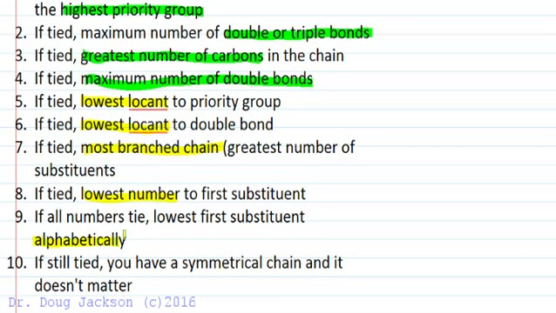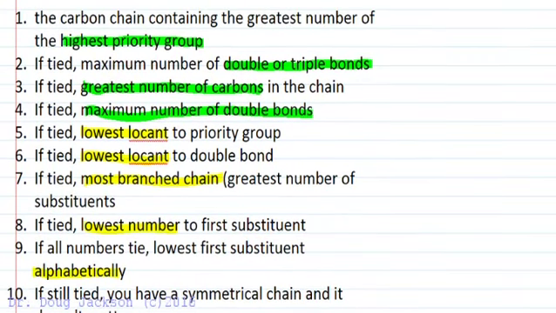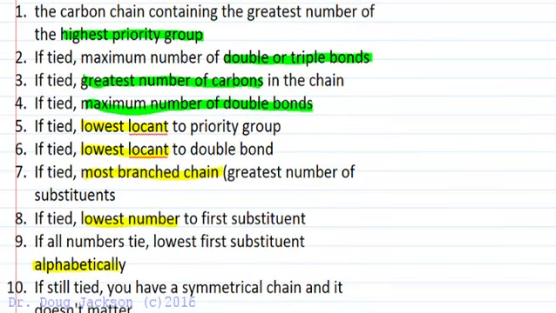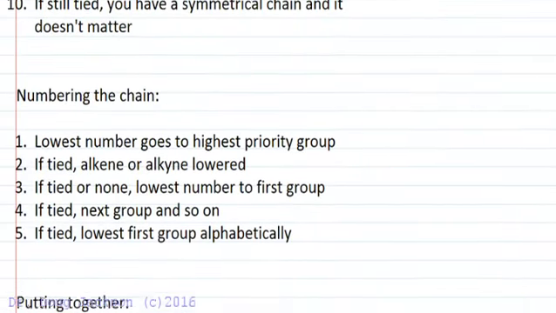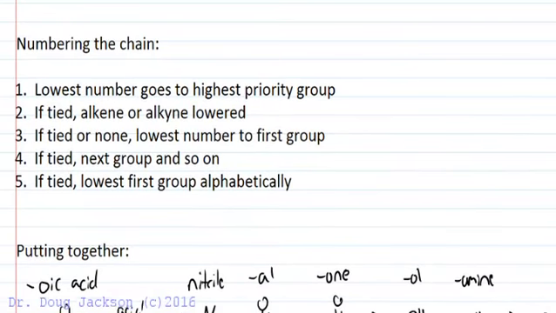Okay, and if all that ties, you've got a symmetrical chain, and it really doesn't matter which way you pick the parent chain. Okay, if everything ties, you've got the exact same chain no matter what you pick. So the best way to exercise these sequentially applied rules is to do examples. But first, let's take a look at numbering the chain and then